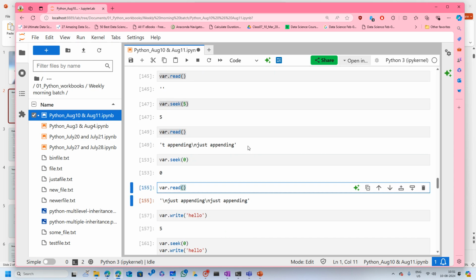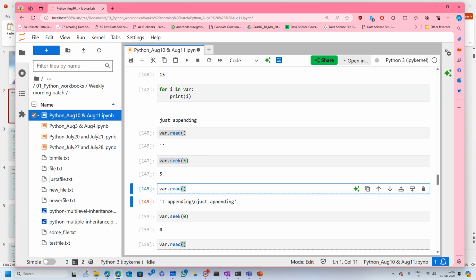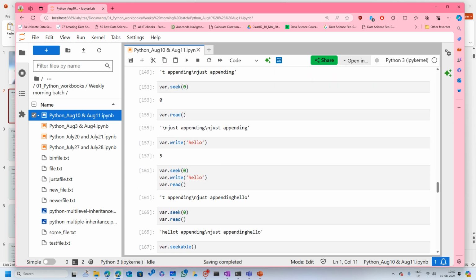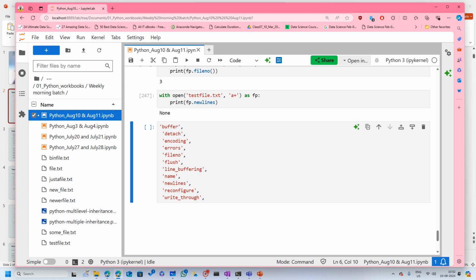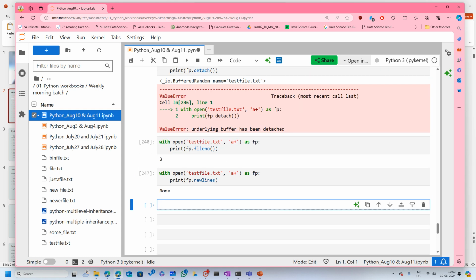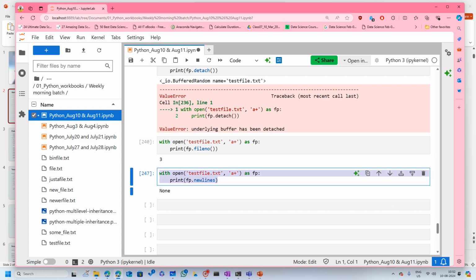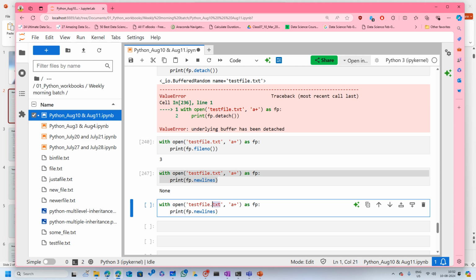This is extremely important. Working with files is extremely important. Now there is one more thing I wanted to show you. I want to open it in W mode, which means if it's not there, I want it to create it. fp.write